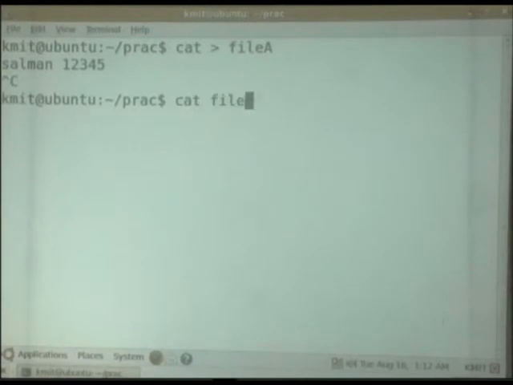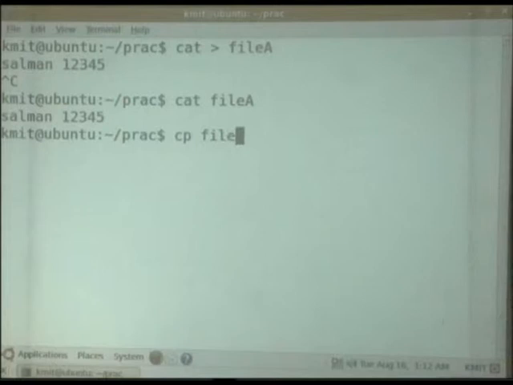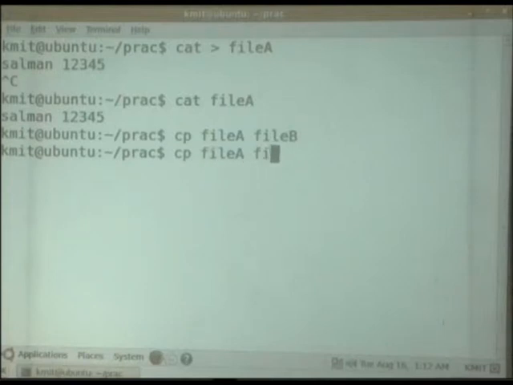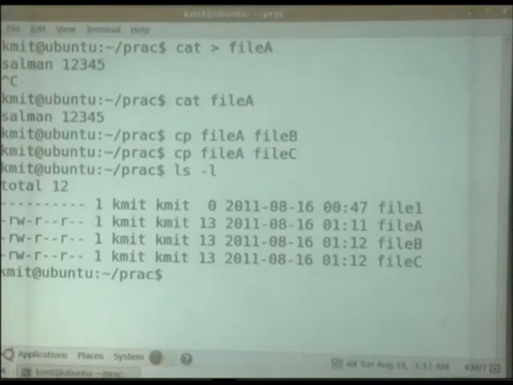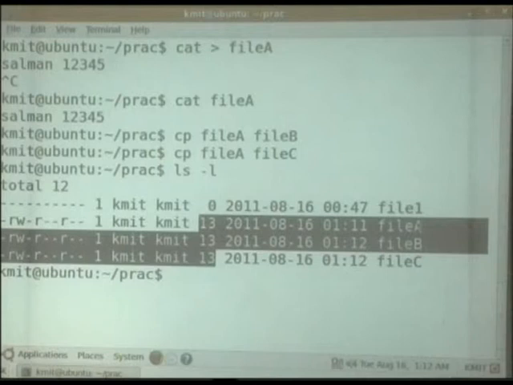Then cat file A, it's giving my number. Now I want to copy, cp file A to file B, cp file A to file C. When I see all the contents of the files, all these file contents are the same because they are copied versions, but the names are different.